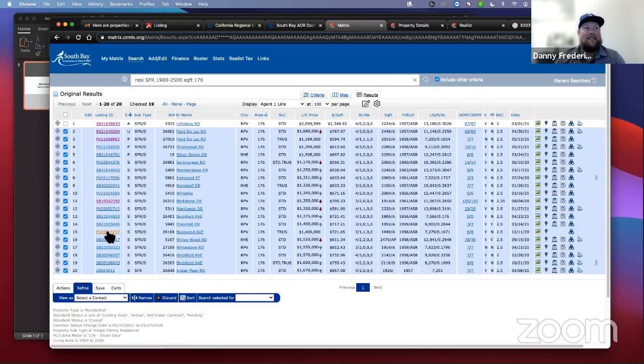I'd have to go through each one of these individually to find out which ones have views and stuff or not. But that's the real deciding factor: is that view worth 800,000? It may be worth only 250, it may be worth only 500. But that's how the market will dictate it. So the best scenario, if you need to sell the property, is I would look at doing a $250,000 reduction first, just to drop you